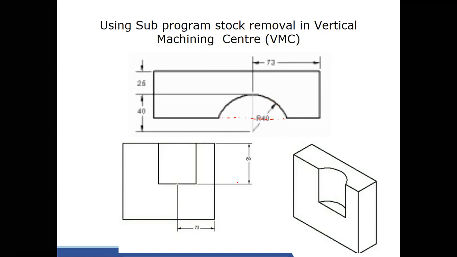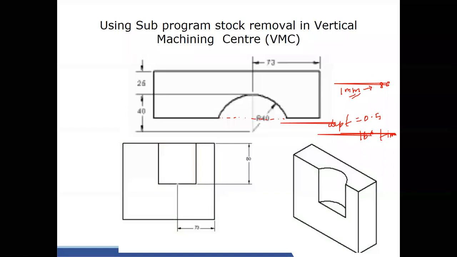In one single stretch we cannot do this milling. It is highly impossible. Suppose I give a depth of cut of 0.5 mm, I have to run the cycle 160 times so that I can create this boring operation, or this circular cavity. Supposing I give a depth of cut of 1 mm, then I have to run the program about 80 times. It all depends on how much depth of cut I give.